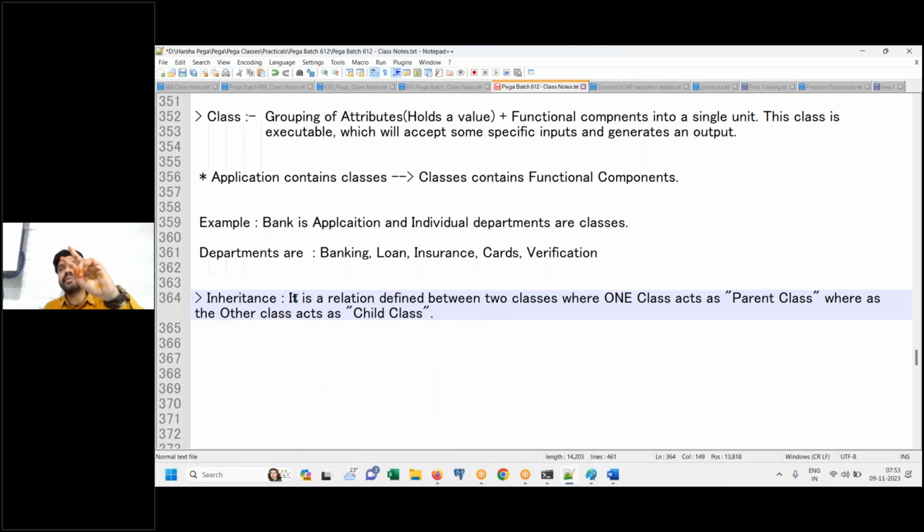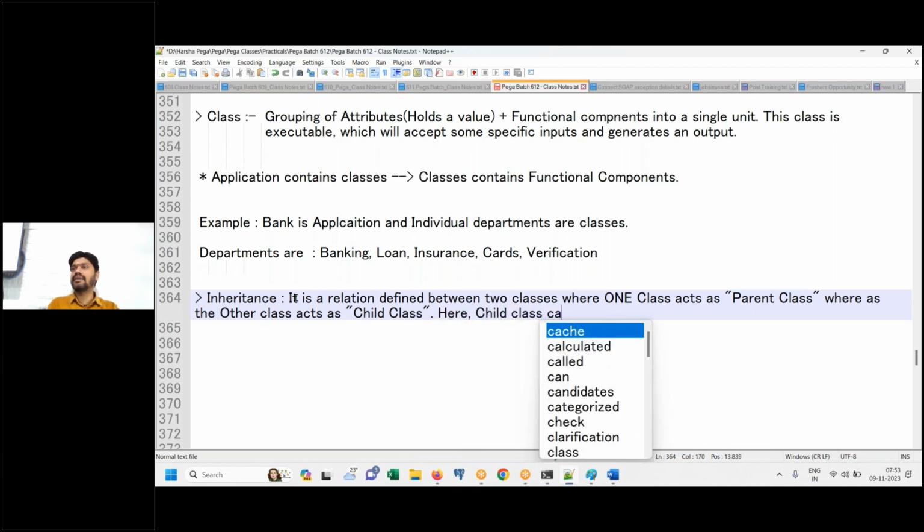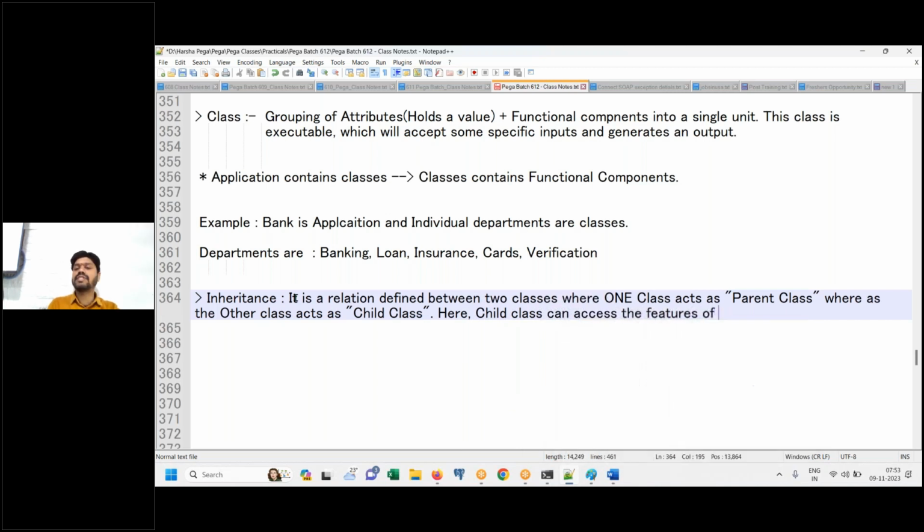It is a relationship defined between two classes, where one acts as parent and the other acts as child. Here the child class can access the features of the parent class, but not vice versa.